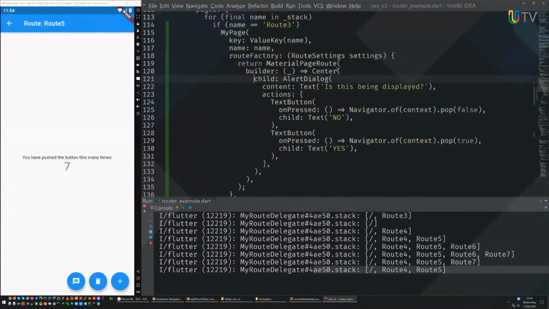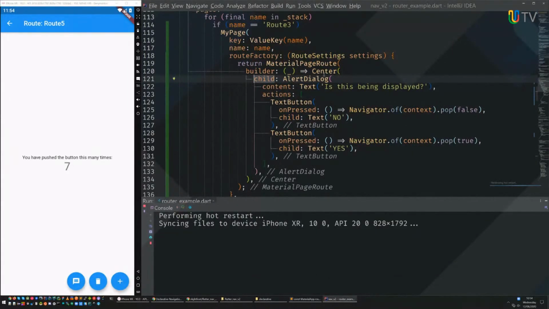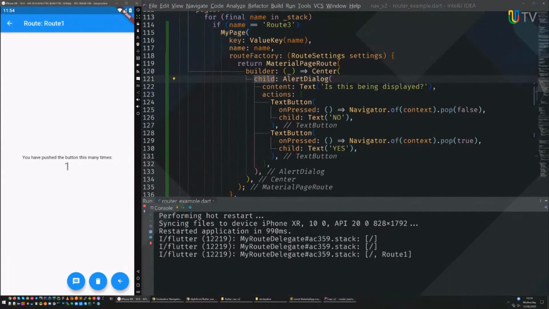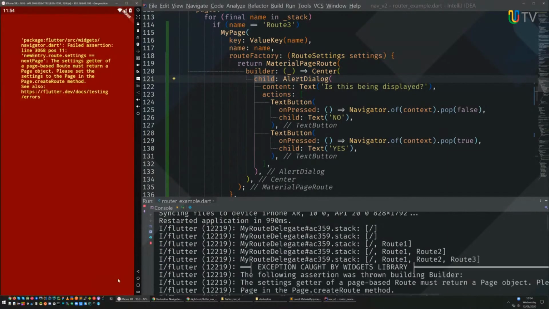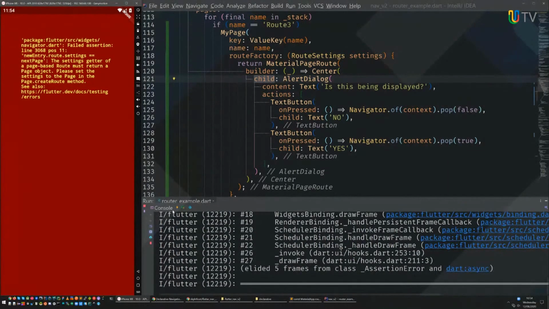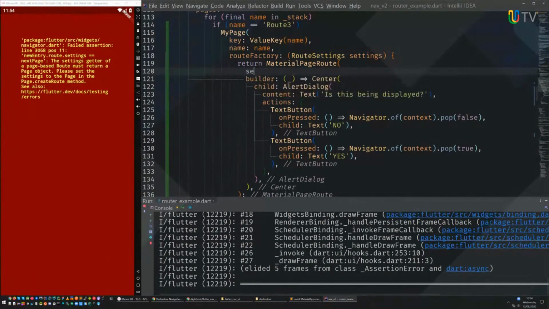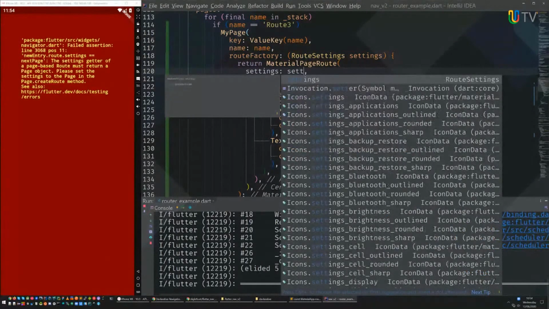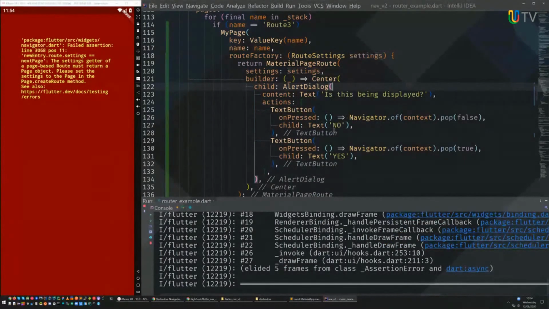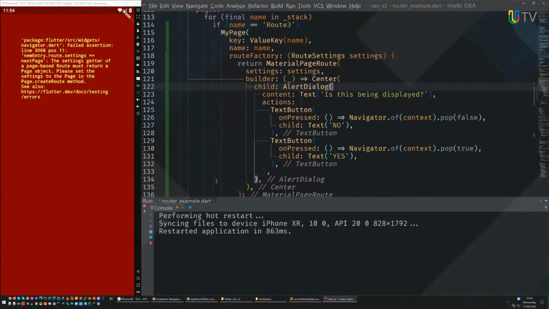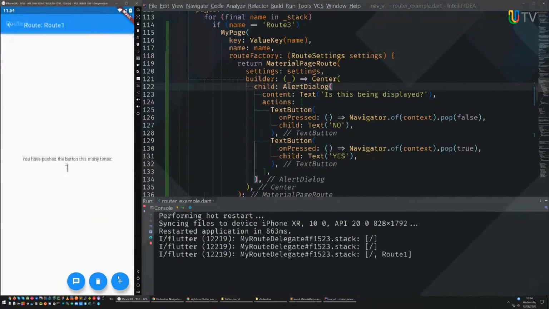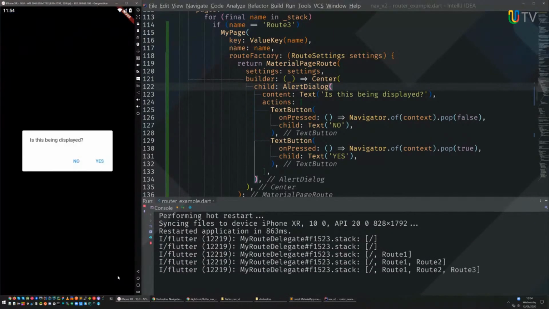If I restart the app now, there's route 0, route 1, route 2, and there's me being silly. Hang on, I know what it is. Yeah, that should fix that. Hang on, let's start again. Route 1, live coding 3. There you go. So this has pushed it on the stack, you see.